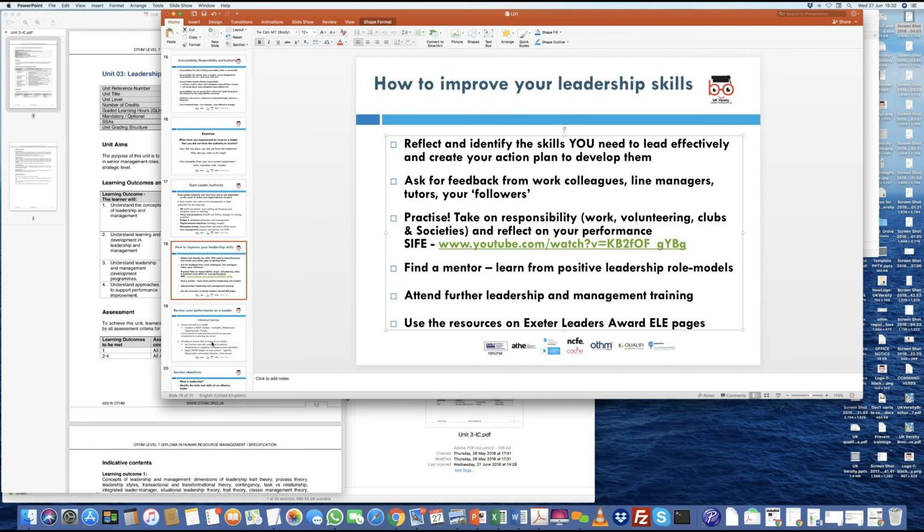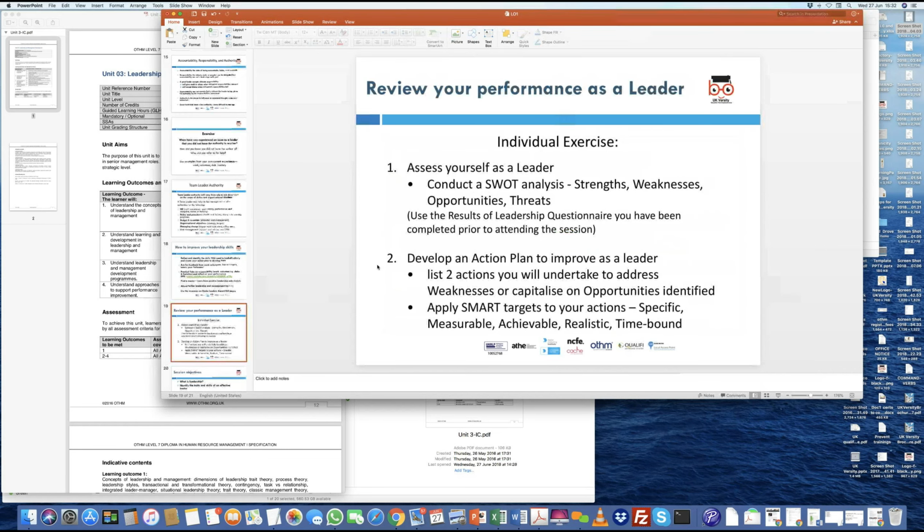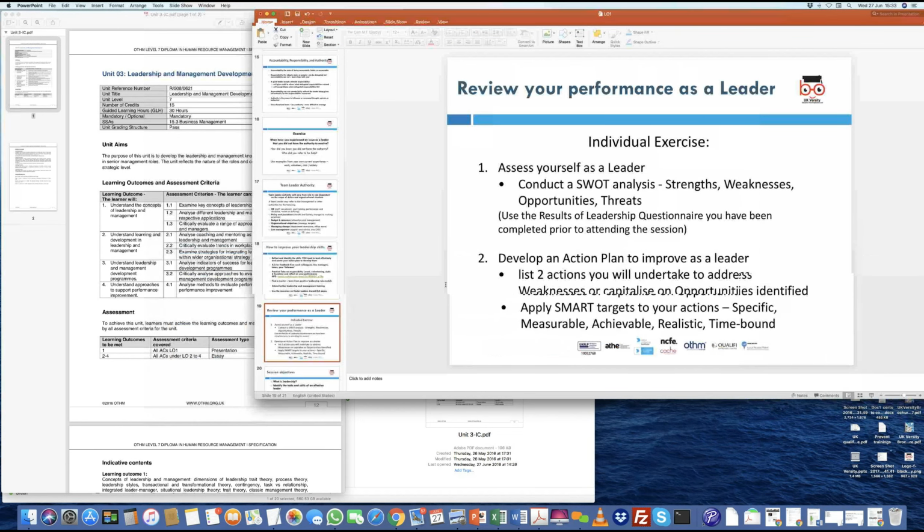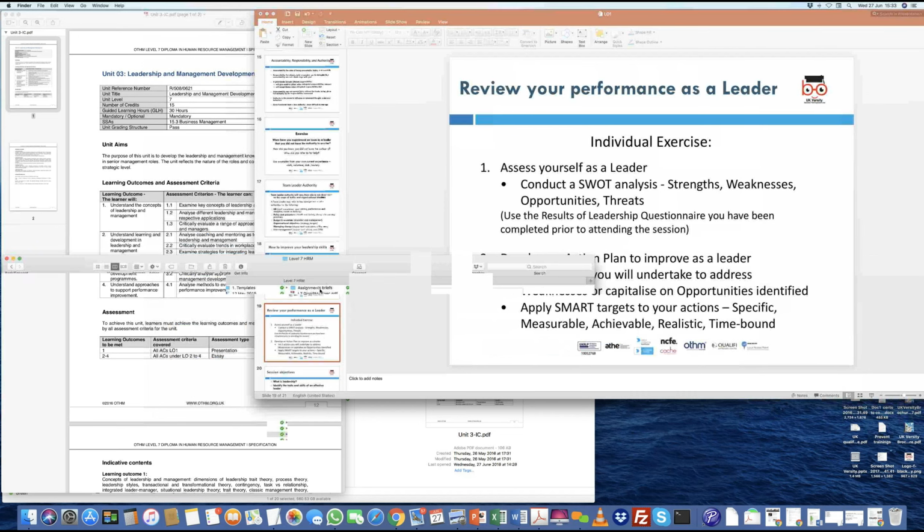And then towards the end, what I would ask you to do as an exercise would be to do a SWOT analysis of your leadership abilities. So you do a SWOT, which is your strengths, weaknesses, opportunities, and threats, and then look at it from the context of just leadership. Are you able to be a leader? What defines your leadership style? What are the traits that you show? What are the skills that you have? And that is what you list out as an exercise. Now, this exercise is not directly related to your assignment brief for this particular unit.